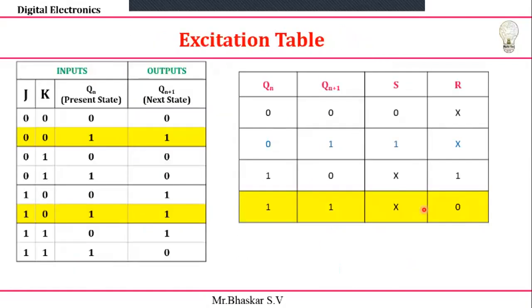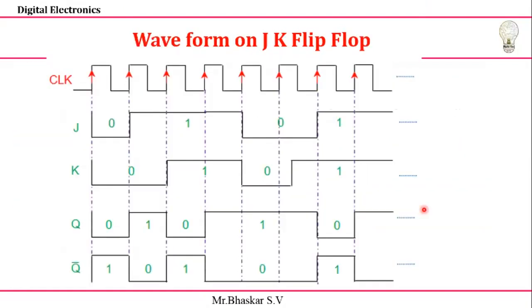Next, you can see the waveforms of that one. I already told that the JK flip-flop and SR flip-flop are almost the same. In this case, I'm going to take the positive edge of the clock. The data will be changing. For example, if J value is 0 and K value is 0, whatever the previous value was, we don't know. Suppose the previous value is 0, then it carries 0 only, and Q bar gets the complement.